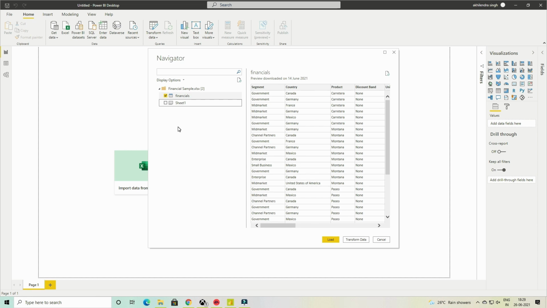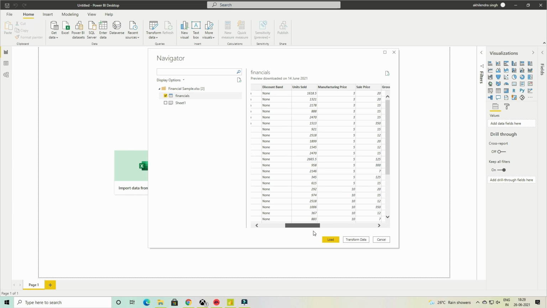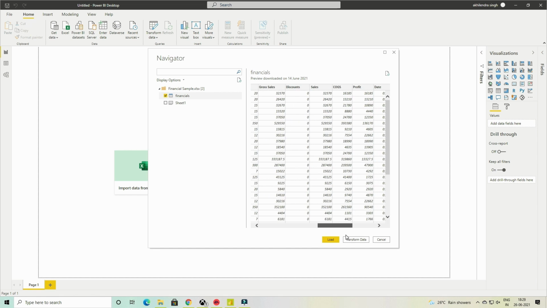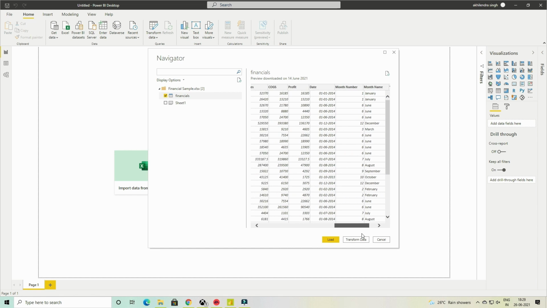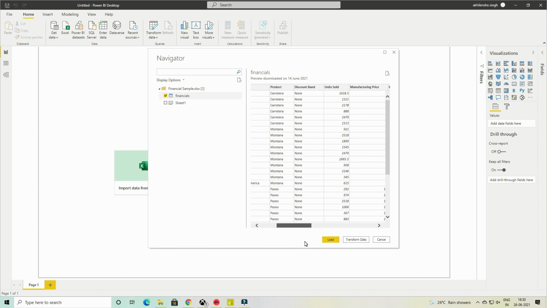Both are same datasets. If you review, you will find that it is a sales dataset with sales figure, dates, countries, product categories, and segments. It is a well optimized dataset for data visualization.